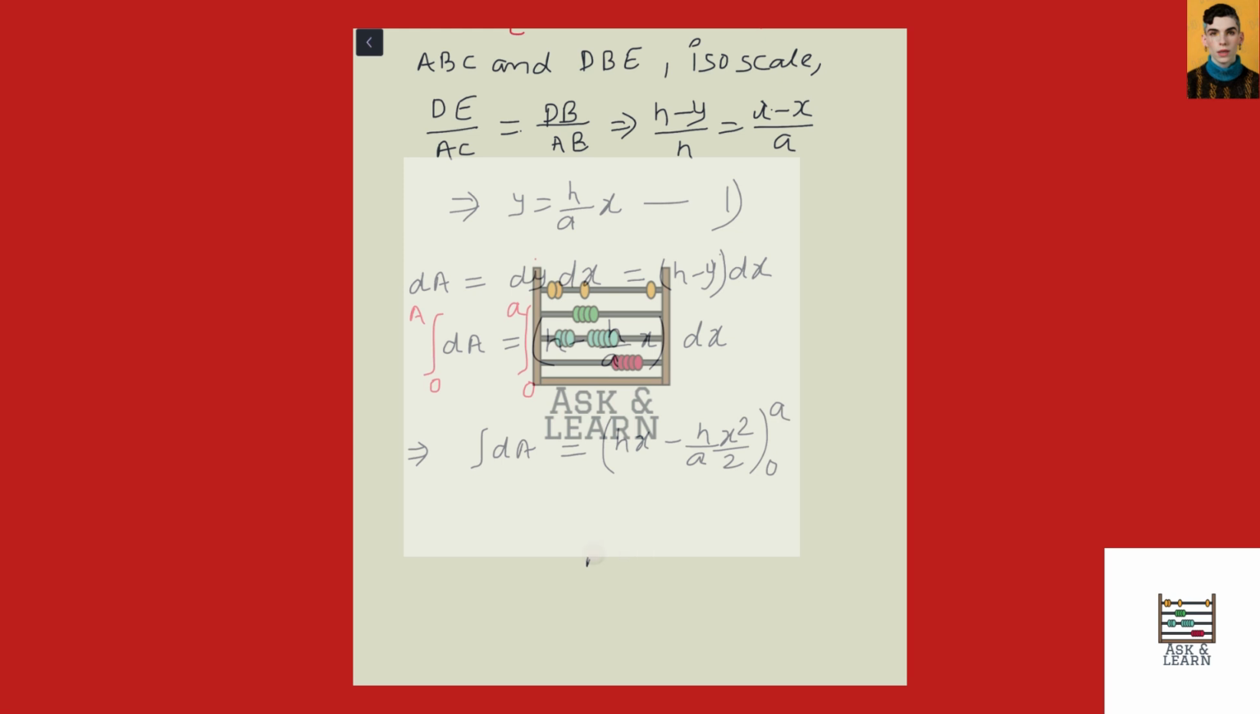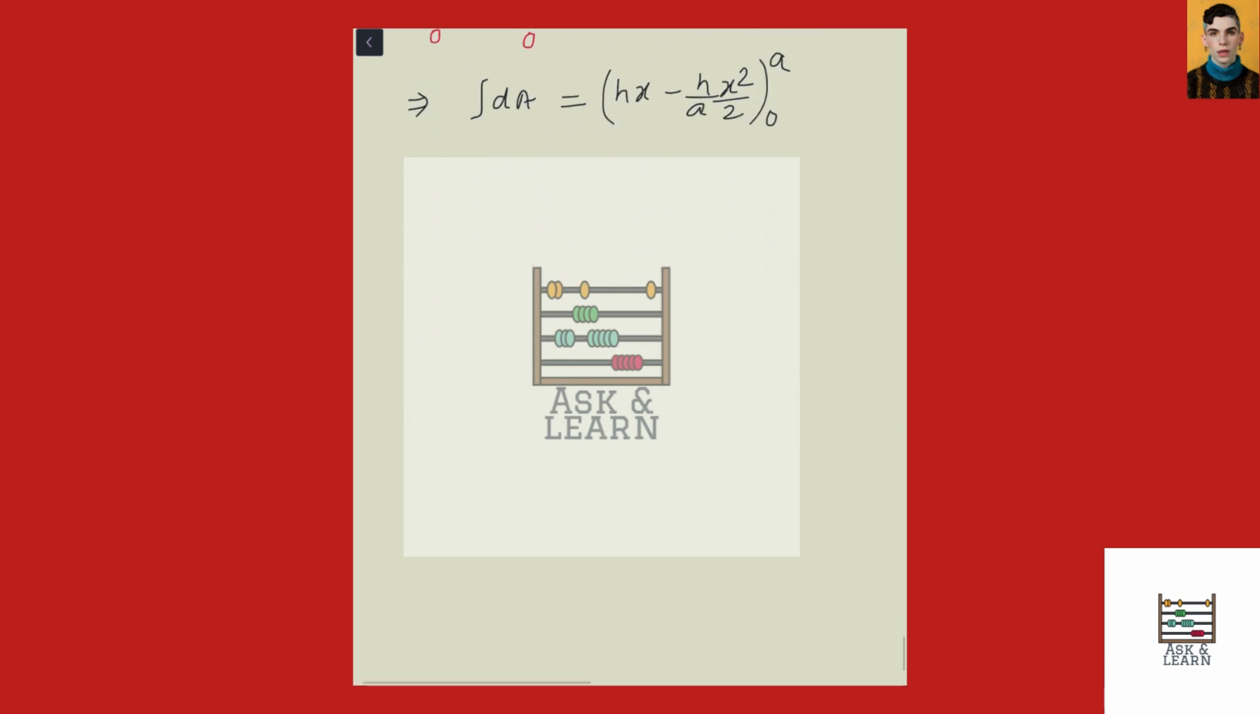Okay, so by putting the values of limits, the result will be that integration of dA equals ah by 2. This will be our equation 2. We will use this equation again in the upcoming results. So now we will determine